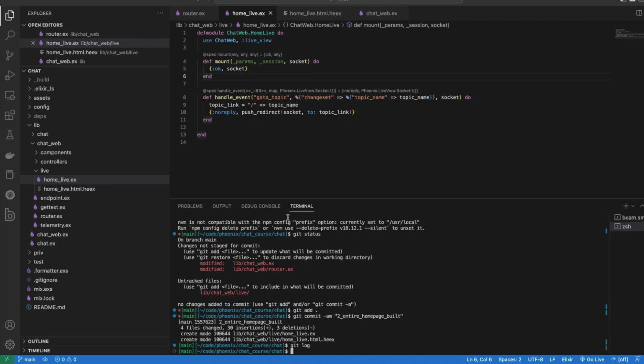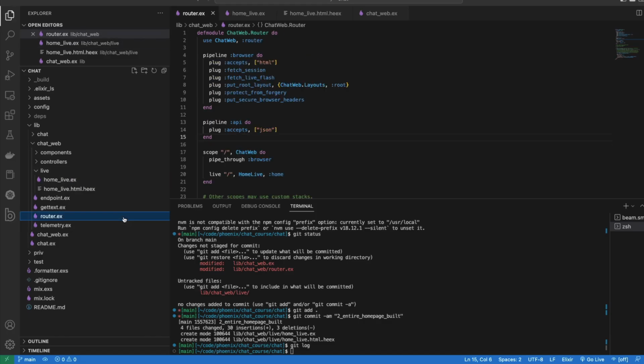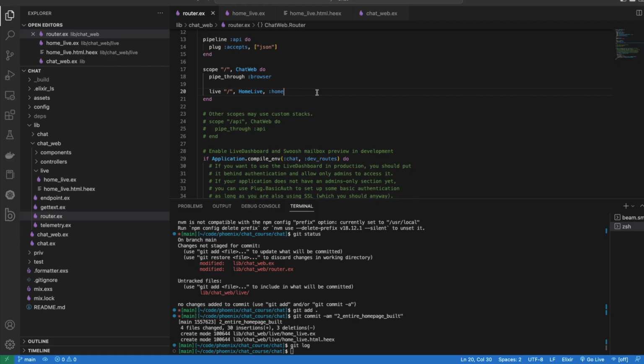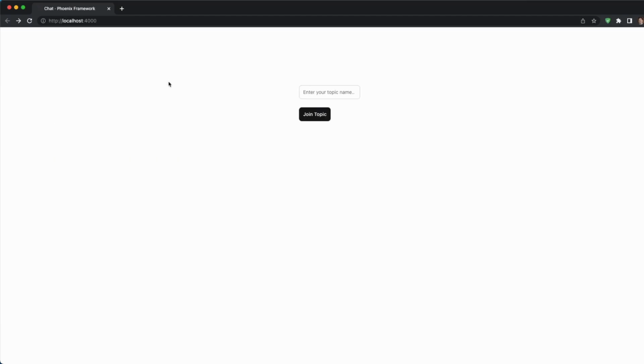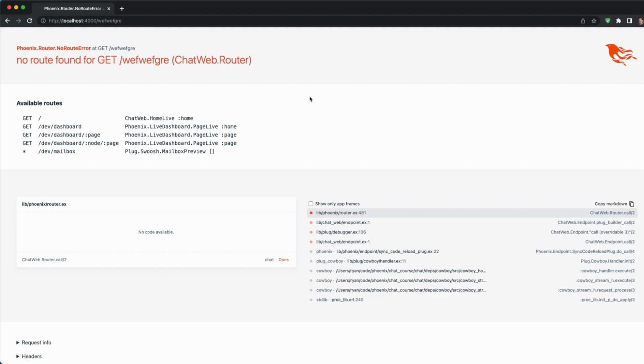Okay, so in this video, we're going to basically just set up the second page, which is going to be the chat room. So let's set up the initial setup for the chat room. We're going to have a router that is going to capture the endpoints that we're passing in here. So if we want to have a conversation about cats, for example, which is where our home page will redirect us to whatever we type here, then we're going to capture that